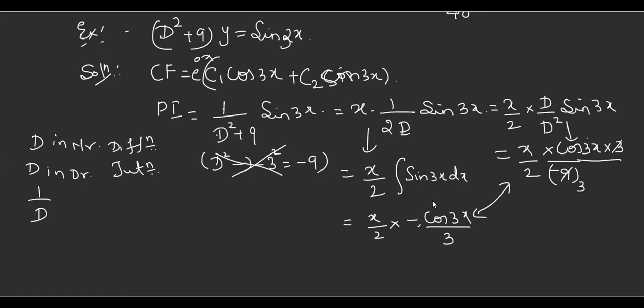Not the same? Where is the difference? We have to take the conjugate pair. But a conjugate pair should be written if two terms are there, like A minus B. If there is only one term, how can I take a conjugate pair? My intention in taking a conjugate pair is that the denominator D should be converted to D square. I can apply this, which is the same thing we usually do. But I don't prefer this if only one D is there in the denominator. What I prefer is this, because it is only one process.